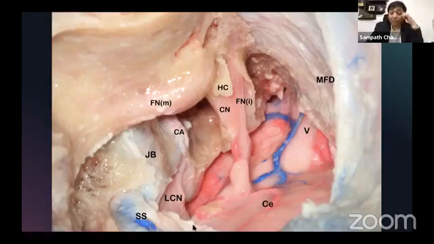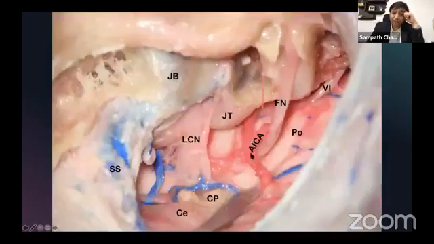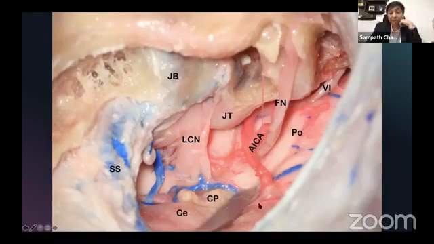So this is the view that you get. Here you see the ICA very clearly, the pons is here, the choroid plexus here, cerebellum is here, the flocculus choroid plexus complex, posteriorly cerebellum, pons anteriorly, that's why it's called the cerebellopontine angle, inferiorly the medulla and the pontomedullary junction. Jugular tubercle can be seen.